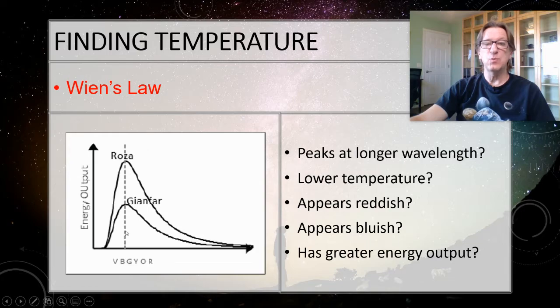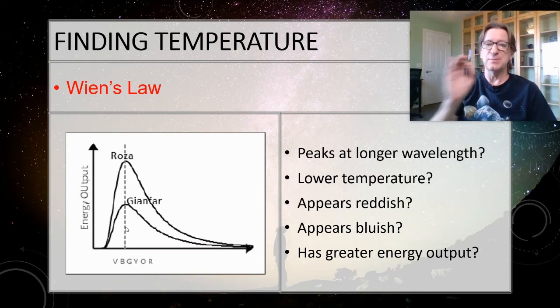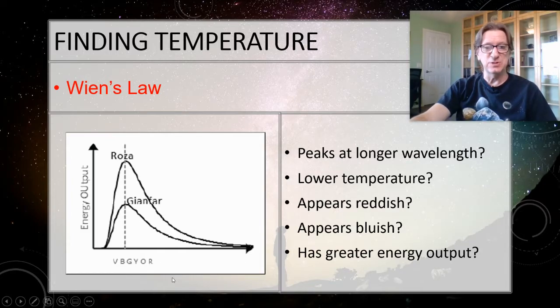Well, if they peak at the same wavelength, they've got exactly the same temperature. Hotter objects are bluer, but neither one of these is bluer than the other. They're the same color, so they're the same temperature. Don't get fooled by how tall they are. How tall that peak is, is its luminosity. That is not its temperature. Temperature is always measured using the wavelength down here. Luminosity is what's measured here. So they have exactly the same wavelength. And if you figure out the peak wavelength here and put that into Wien's law, you're going to get the same temperature for ROSA that you do for GNFR because it's the same wavelength. So they have exactly the same surface temperature.